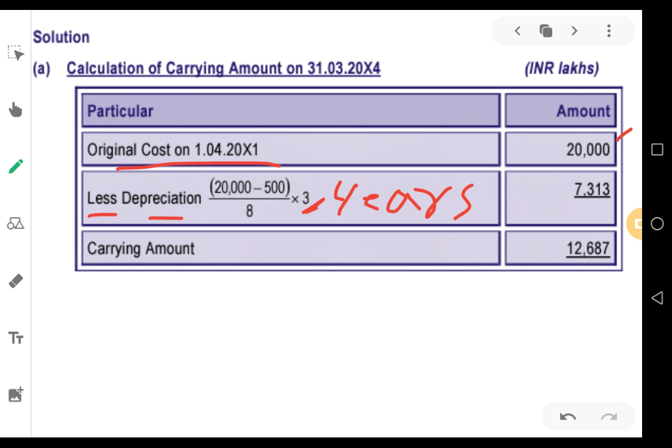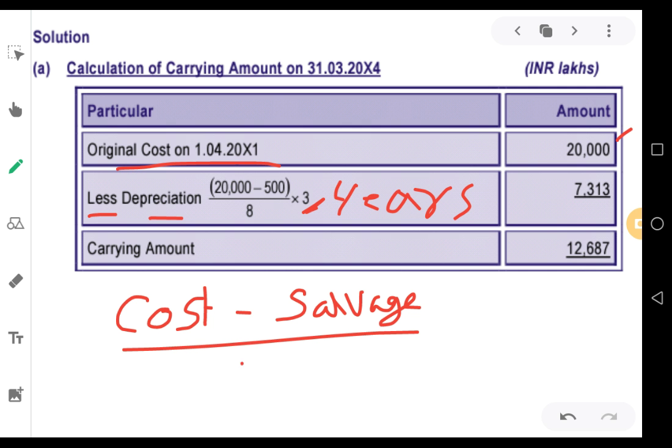So 20,000 minus 500. Let us put the formula here. Cost of the asset minus salvage, divided by life of the asset. That is the formula we use. Salvage means scrap, scrap means residual value, all are the same. So cost minus scrap divided by life, you get the depreciation, and with the depreciation multiply with the